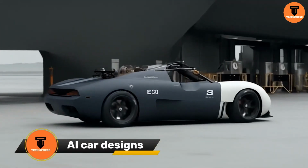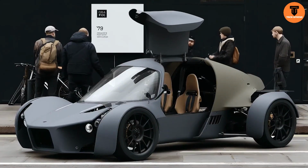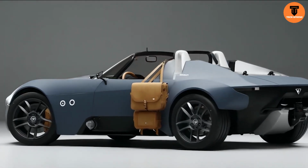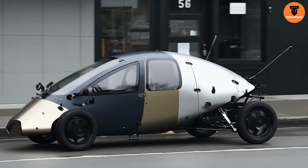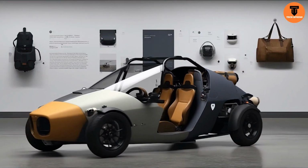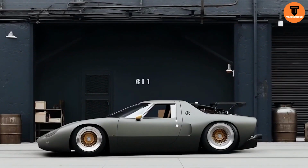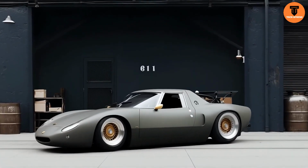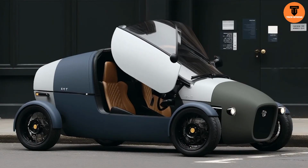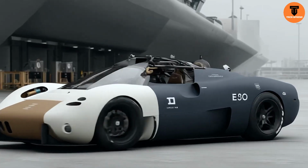AI car designs are completely reshaping the way we imagine the future of mobility. With the power of generative design and AI modeling, vehicles are now being sculpted by algorithms, not just human hands. The result? Stunning, aerodynamic shapes that blend beauty with performance, all while reducing drag and boosting efficiency. Inside, cabins are reimagined with autonomous driving in mind, lounges instead of cockpits, touchless controls, and smart systems that learn your preferences. Sustainability is at the core, with recycled materials, solar skins, and electric powertrains, all made possible through AI's